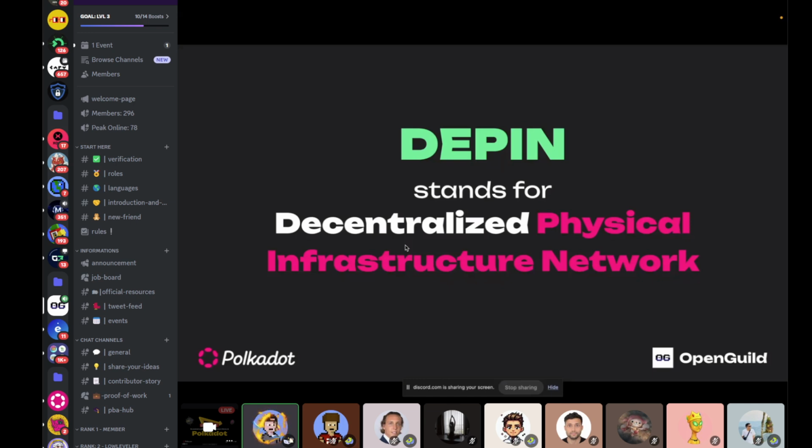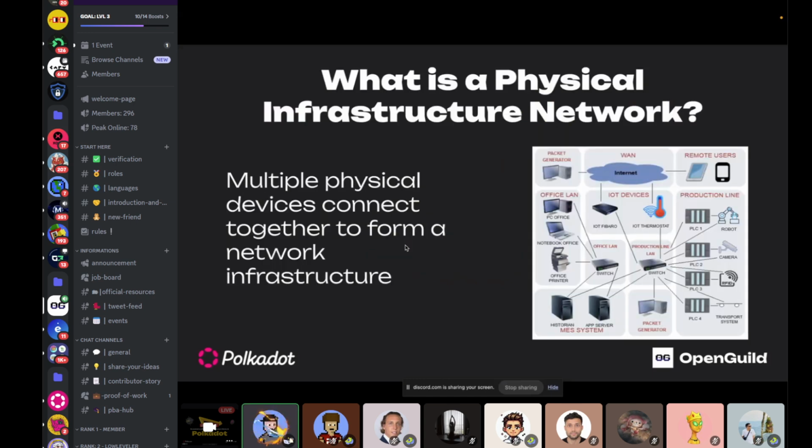Let's break it down into two parts: decentralized, and physical infrastructure network. So what is a physical infrastructure network? It is basically a network of multiple physical devices connected together to form a network infrastructure. If you're familiar with the traditional internet, you know that our internet nowadays is constructed from many little pieces of devices connected together to construct a LAN, or local area network.